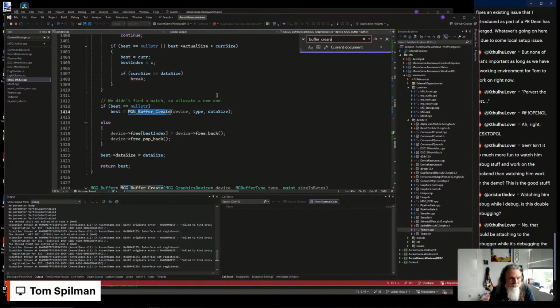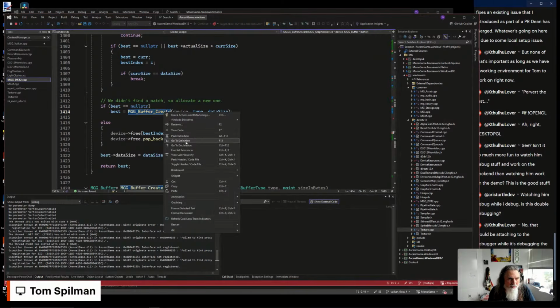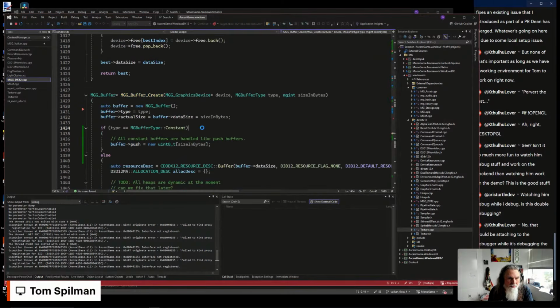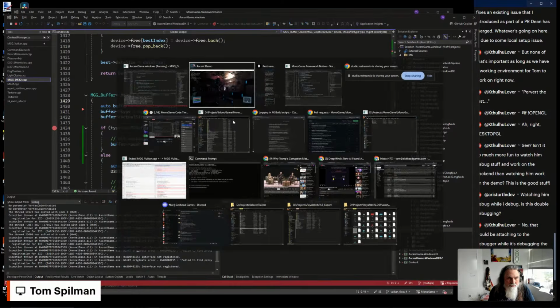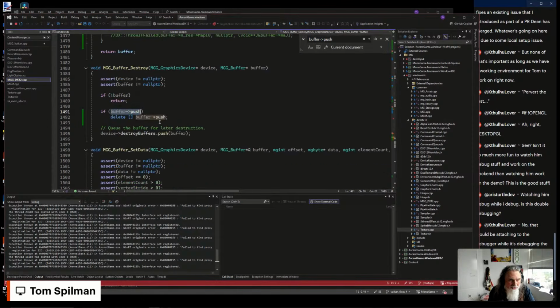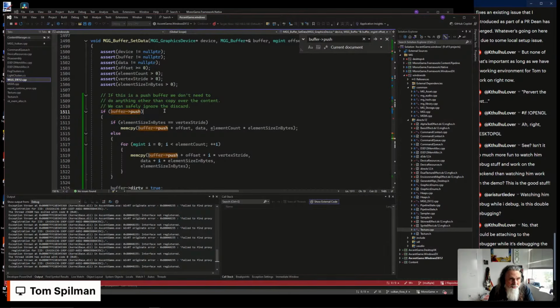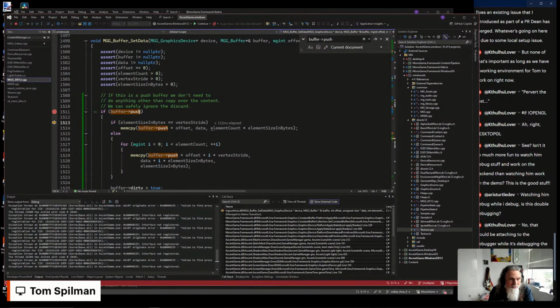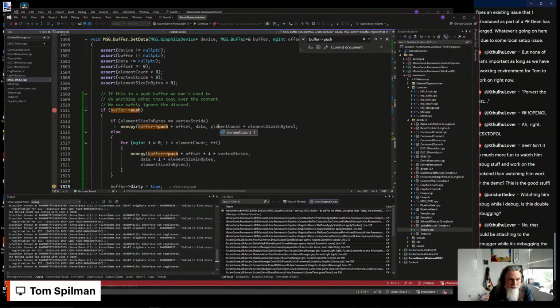Create. There we go. Wait, why is that? There it is. Shouldn't be creating any right now. But if it's a constant buffer, it treats it as a push buffer, meaning it just has a single CPU memory, it mem copies the data into it,